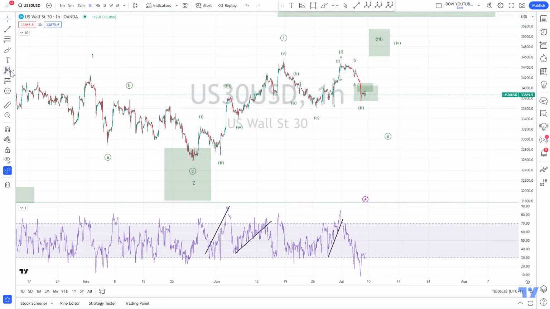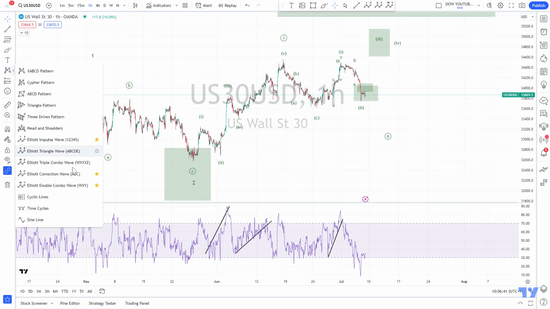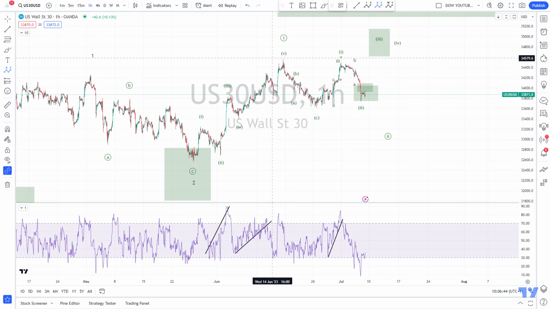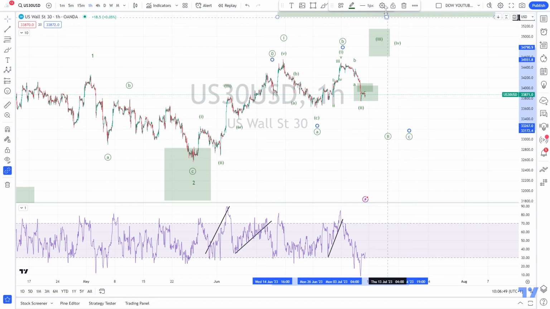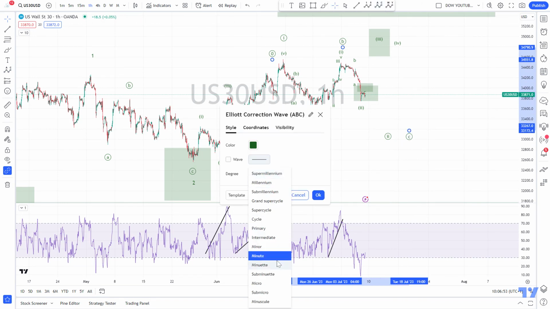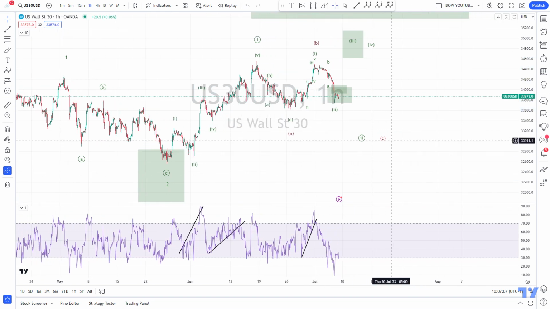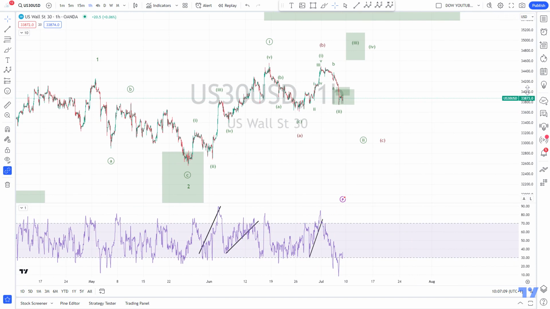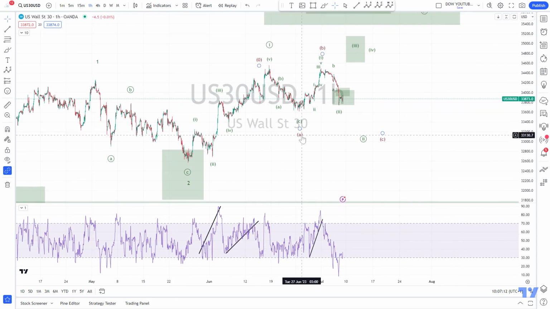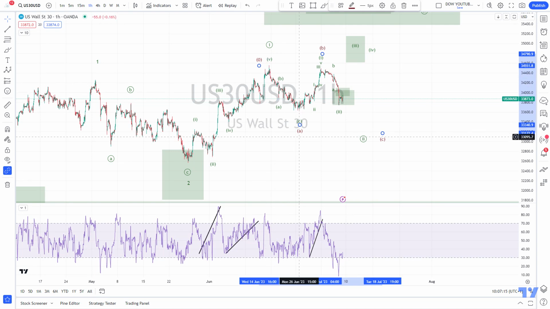So like this, actually. I will put it in another color, in red. But that does not really mean it is my second scenario. I think both scenarios are equally valid, and I think the second one I'm showing is a safer way to go long, or fits better in my trading system. So that would be that this is just the A, this is the B, and now we will have a wave C to the downside.